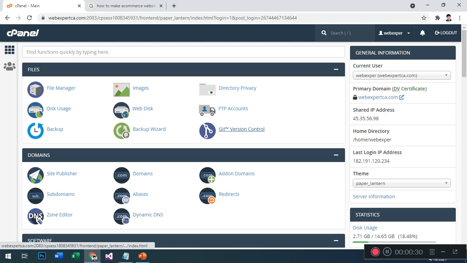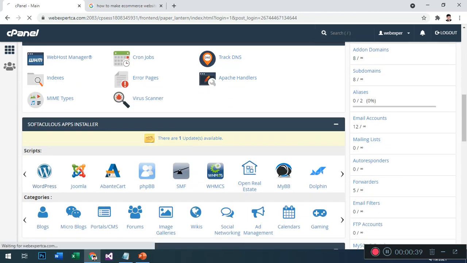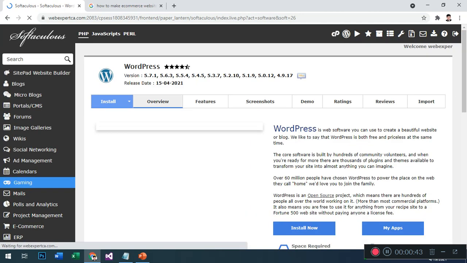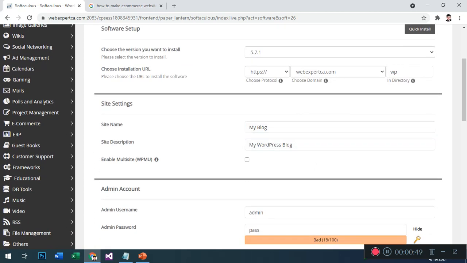First of all, you have to log in to your cPanel. In this cPanel of your domain, we are going to first of all install WordPress on our site. Find the WordPress button and press it. The first option is Install Now. In this Install Now, you need to install in your website directory. Our main website is this, and our directory is